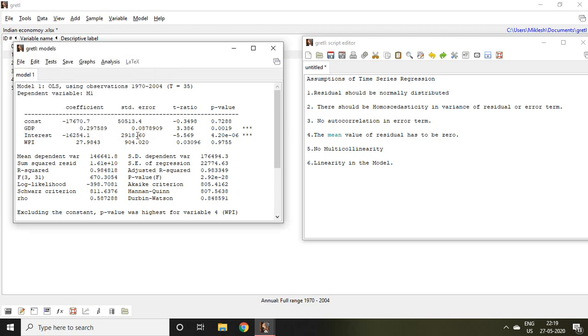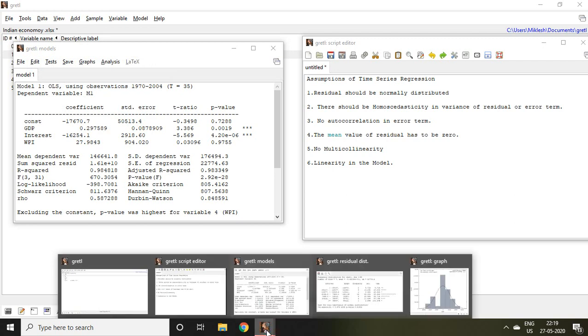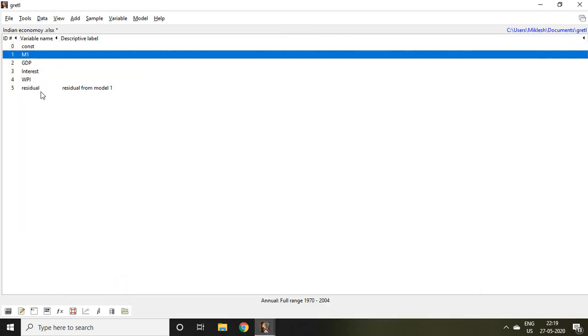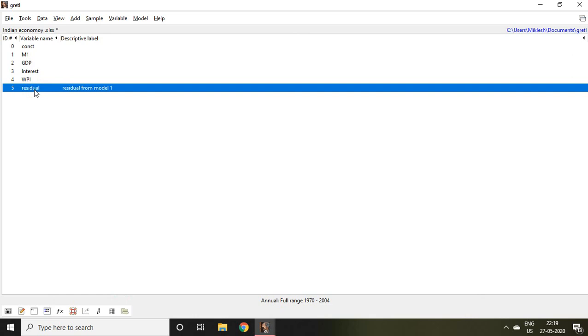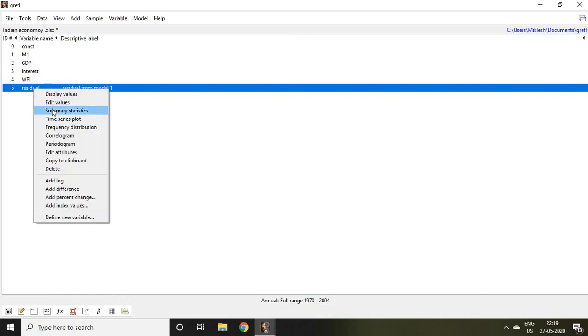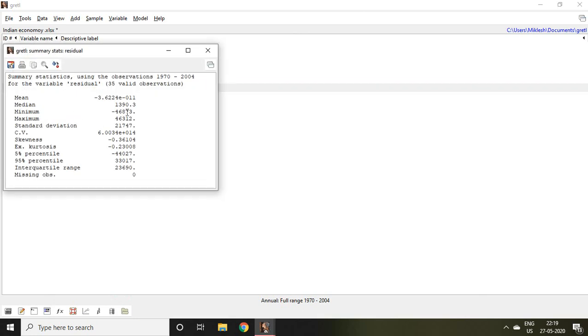The moment I click on OK, in the dataset I find another series, and that is of residual. So I select this residual and click on summary statistics. Then I find the mean value is minus 3.6224 exponential minus 11. It means the value is nearly 0. Hence we can say this assumption is also true.